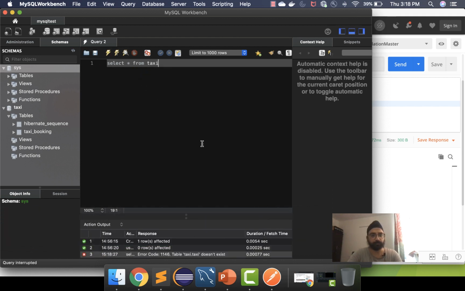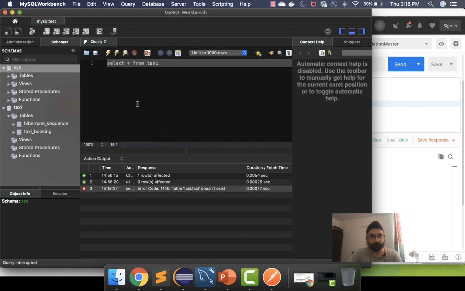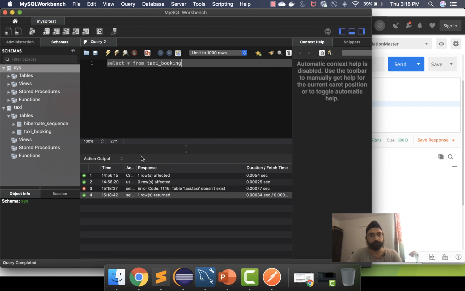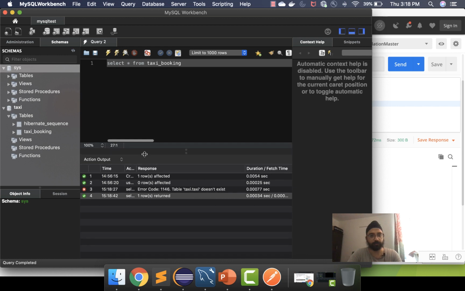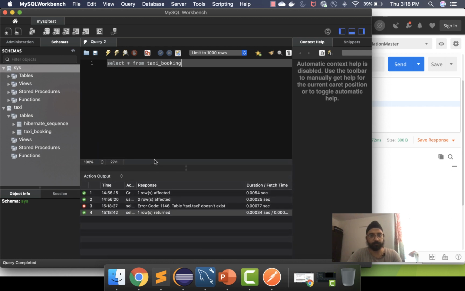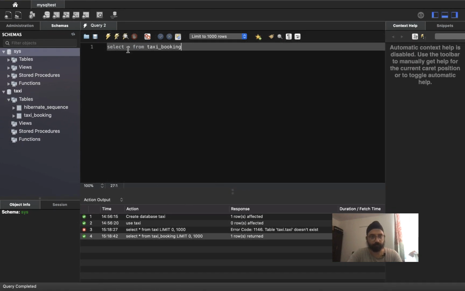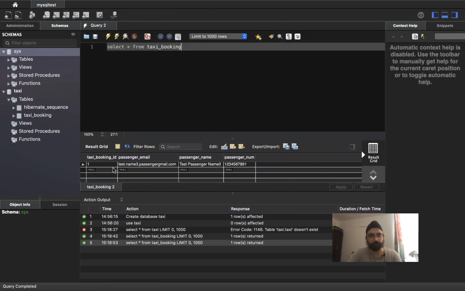Okay, sorry, the table name is taxi booking. So yes, you can see it has run, and you can see this has been updated. This is the name that we gave there.